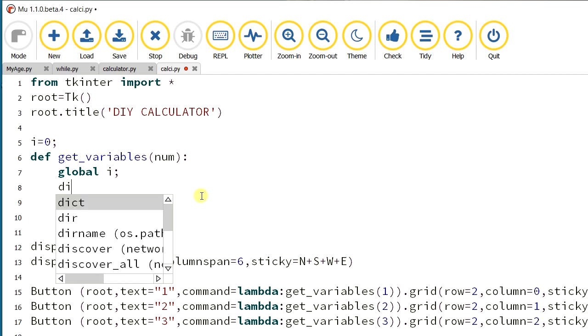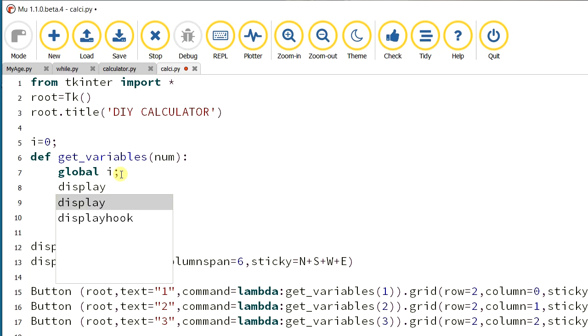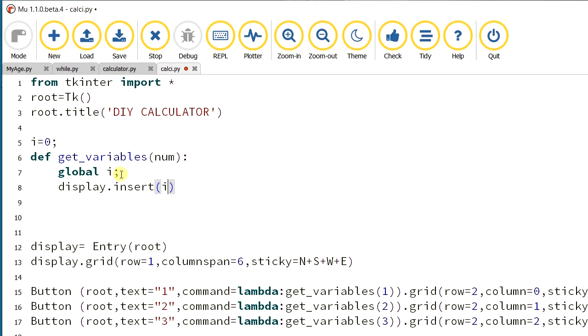Using this get variable function, whatever input is pressed by the user will be displayed on the display line. So we have to insert the inputs pressed by the user in the display line. We write display.insert of i, which keeps the position number, the number of inputs stored in i, and num, the input pressed by the user.